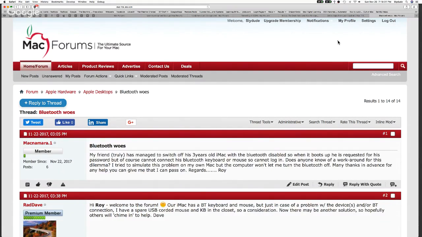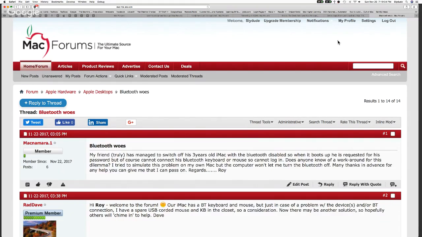Because if you get in a situation such as McNamara 1 was in, where for some reason Bluetooth is either off or non-functional, you can plug that keyboard and mouse into your Mac, go ahead, boot the system, log in with your password, and start troubleshooting to see why you couldn't get in with a Bluetooth keyboard. That's also helpful.